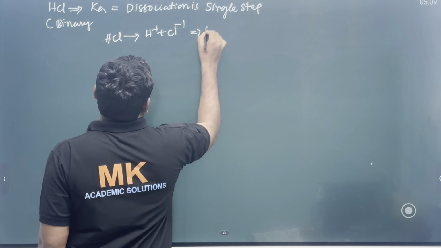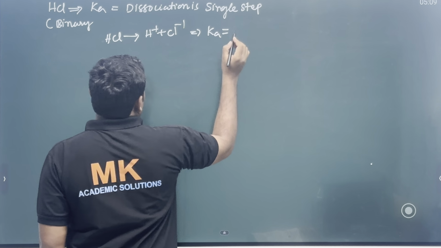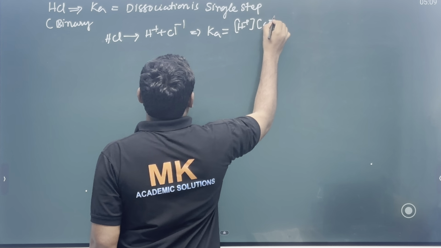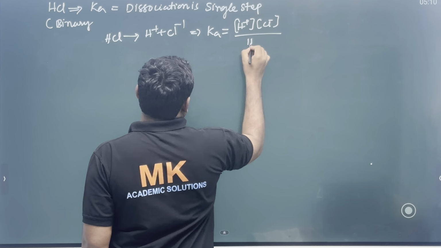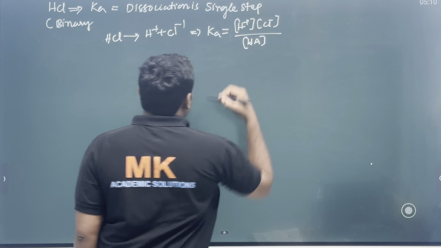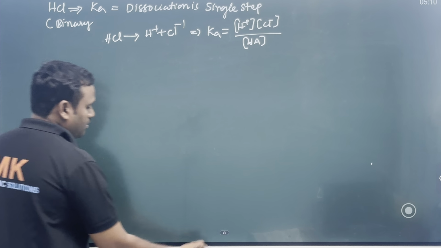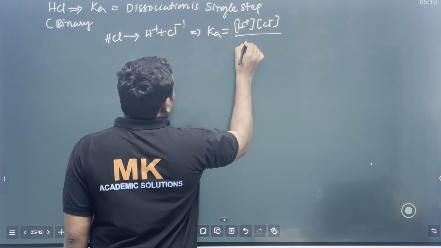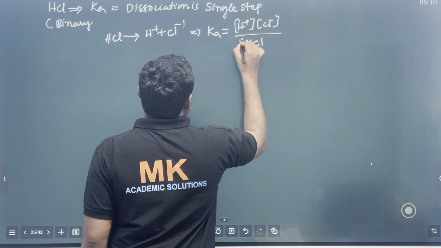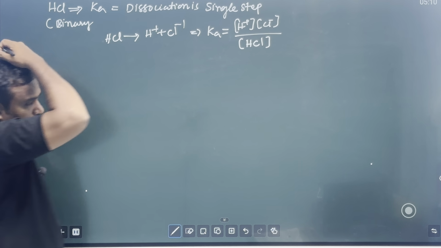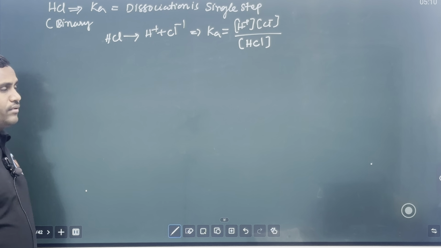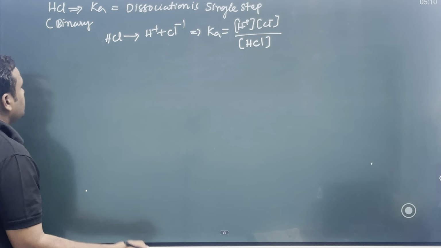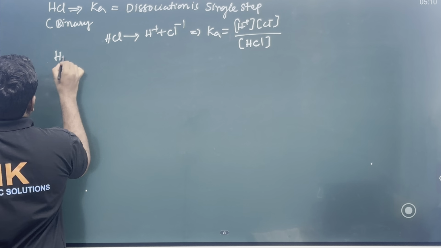So for this we directly calculate Ka as H plus ion concentration times Cl minus ion concentration by HCl concentration. Right? So now, if we have polybasic acids, for example H2SO4,